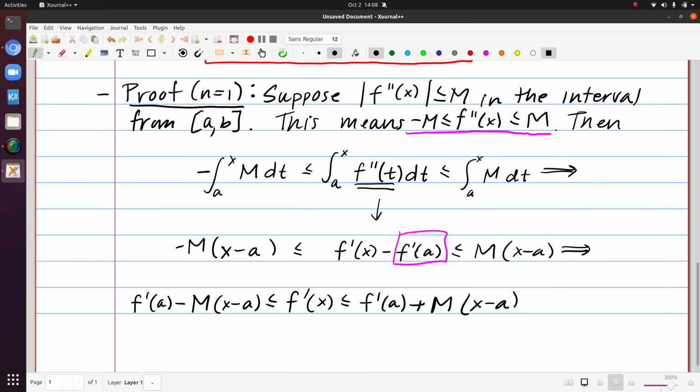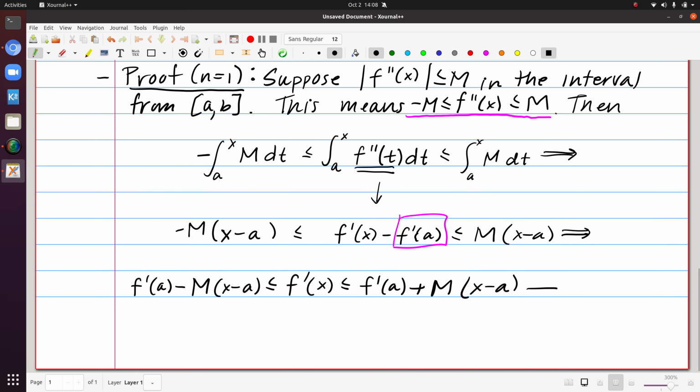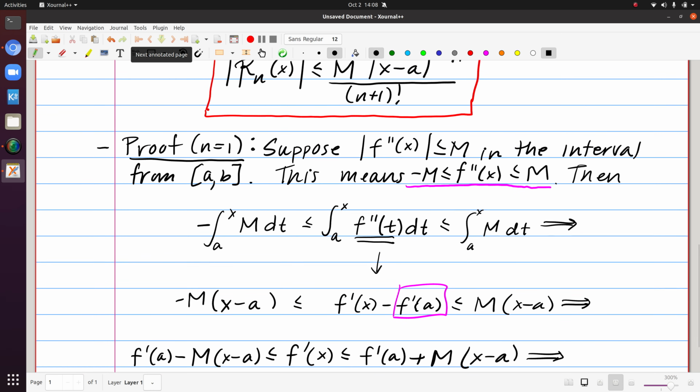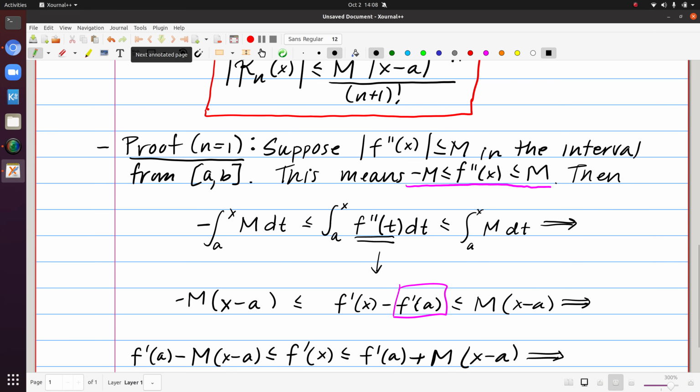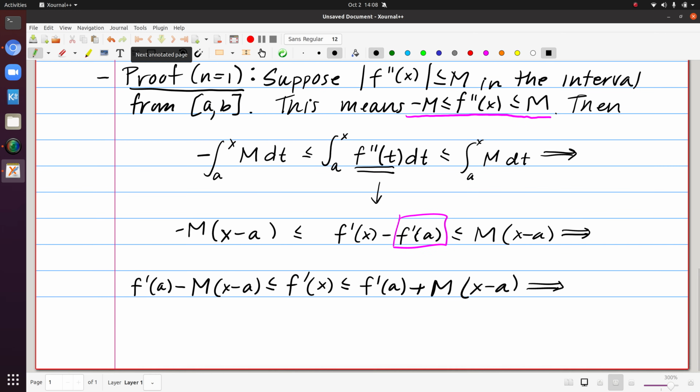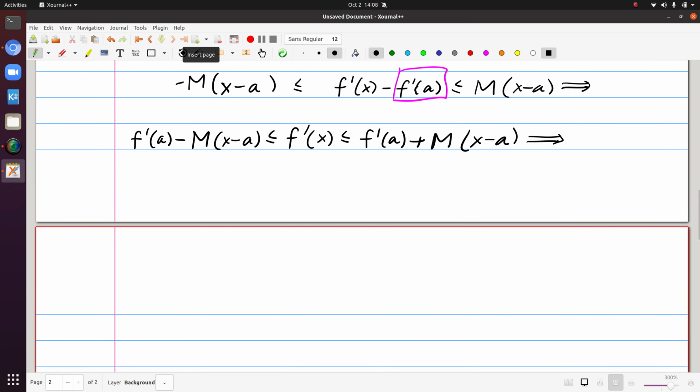And it turns out we can do one more iteration of this, where now I have, in some sense, bounds on my first derivative of f. We started with bounds on the second derivative and then took those into integrating every part of that inequality. Let's do that one more time. So to carry this over,